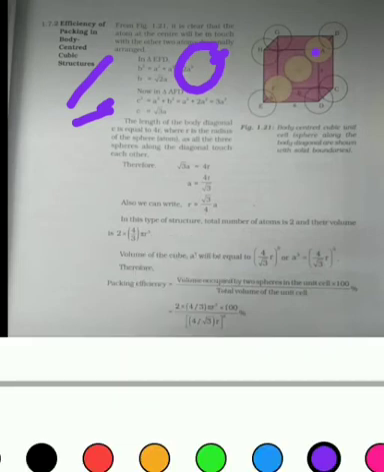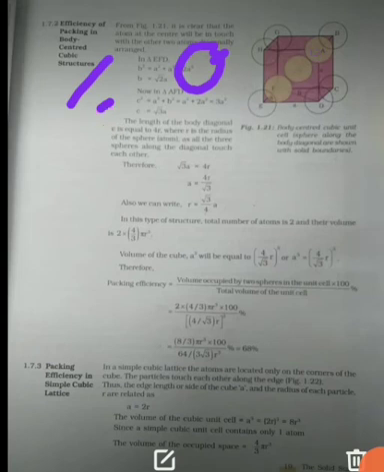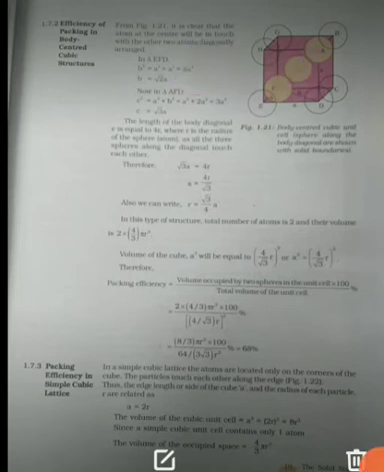You can calculate this. You are seeing the three spheres. This is the very first R. Let me decrease the size. This is the first R, the second R, the third R, and the fourth one. There are 4 R's, that is the radius. Now students, as there are 4 R, so root 3 A will be equal to 4R, so A is equal to 4R by root 3, or we can write R is equal to root 3 by 4 A.